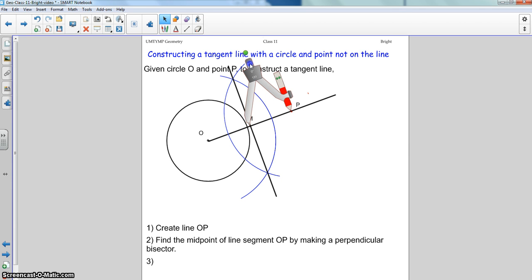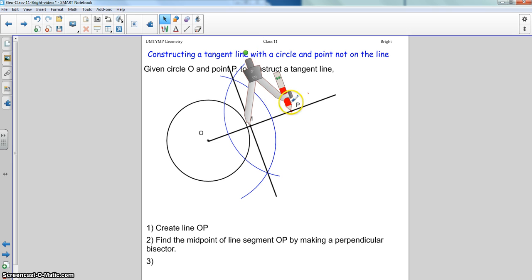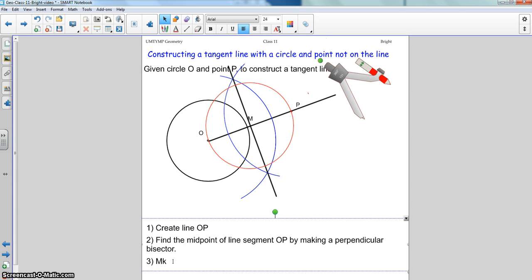Okay. So there's my radius, and then I go ahead and make a circle. Move that out of the way. And now this, let's see, so make circle centered at M with radius MP